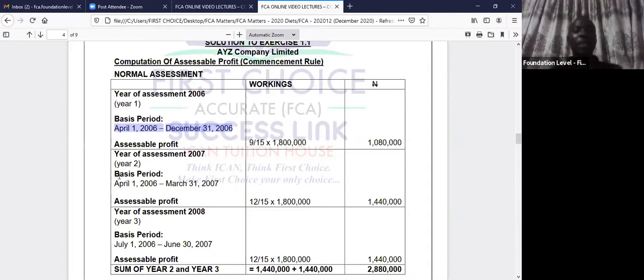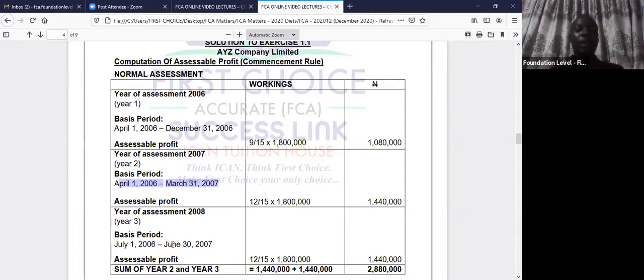Look at the second year. The second year did not start where the first year ended. There's an overlap. And so that's the breach. It breached the normal basis period. Secondly, it is not on preceding year basis. There are some elements of actual year basis inside. Although it passed just one, it is 12 full months.